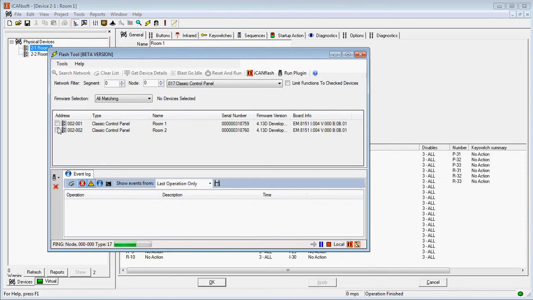I'm now going to just select the panels I want to update because I can do multiples of them in one go. Right, so click on both of those. If this is set to all matching, then automatically with the latest version of iCanSoft, or even an earlier one, but ideally the latest version, you'll see the latest version of code shown in there. So 4.03, exactly what we actually want. All we've actually got to do is hit the upload button,